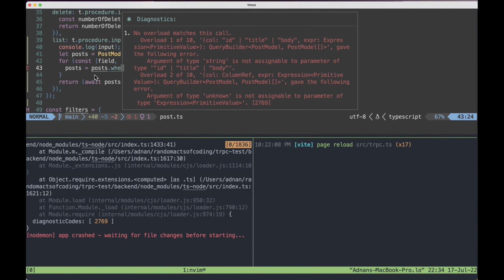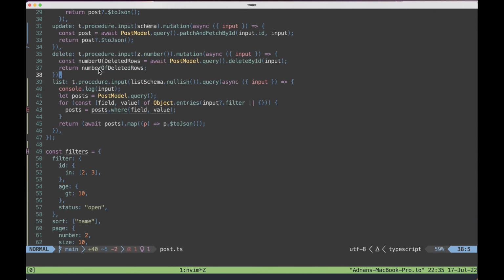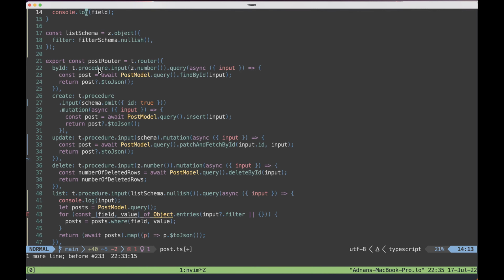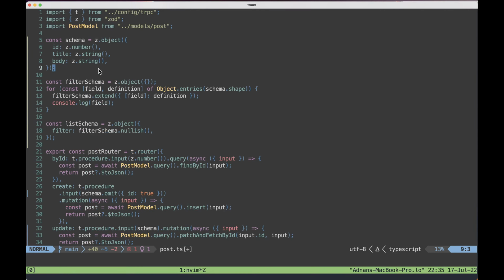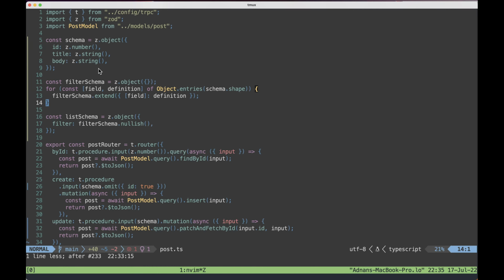Okay. But then how did this work before? So when I had this defined all here, how did that work? Okay, so let me,